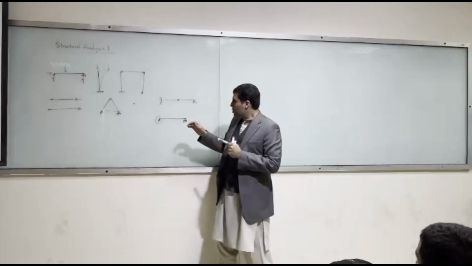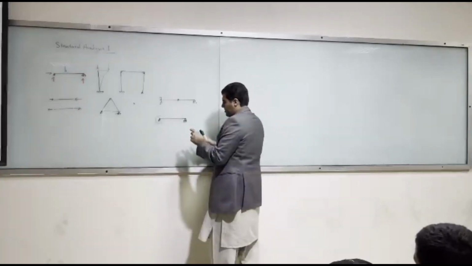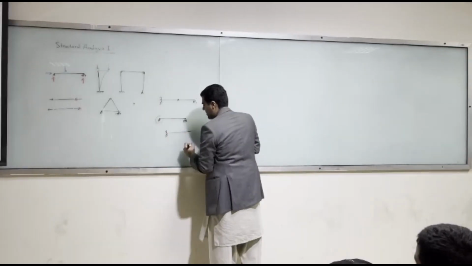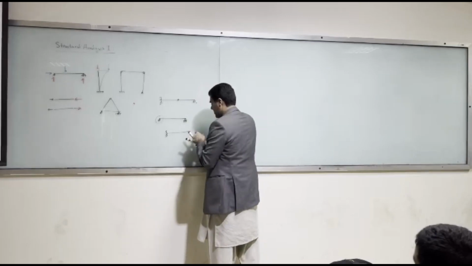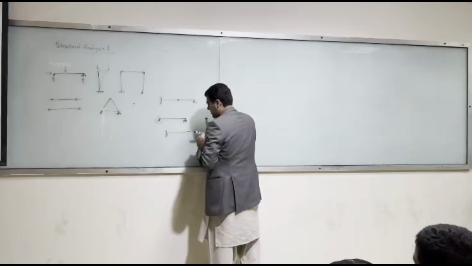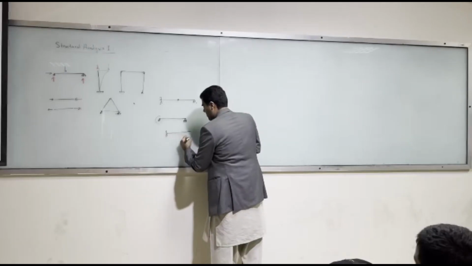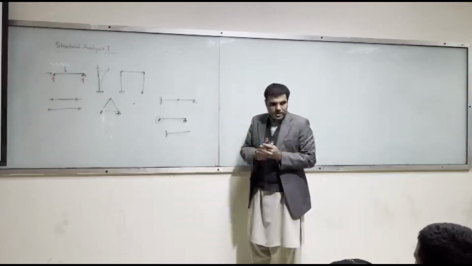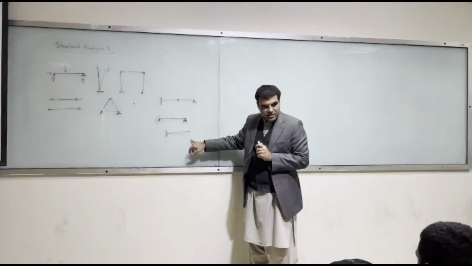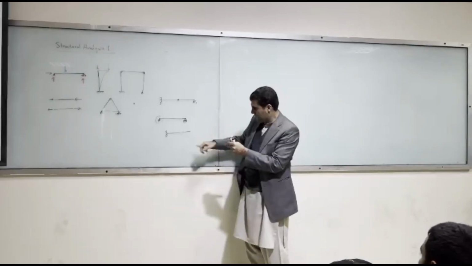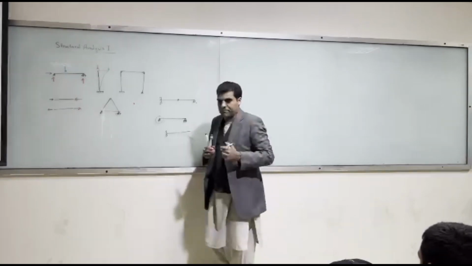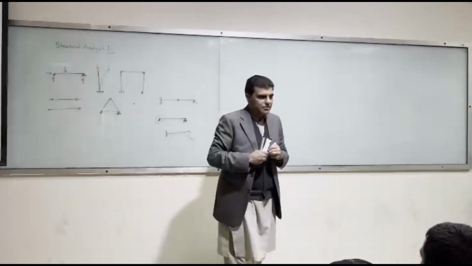Then we have a free end. For example, if we have a beam like this, this end is completely free. So it can deflect and it can rotate also. Can you appreciate that this has rotated? Initially it was straight and now it has become like this one. So it has rotated. That's a free end. Any question?